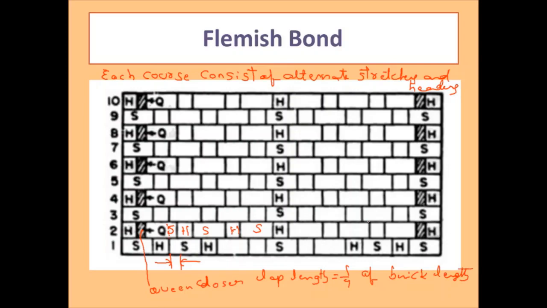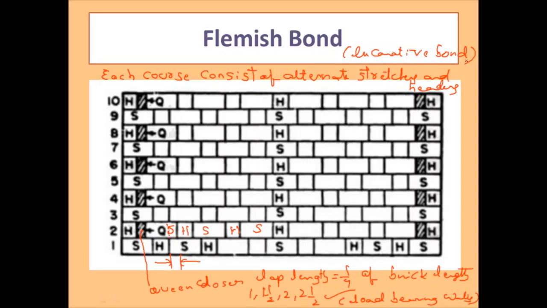Okay, then whatever the thickness of the wall is, here also you can construct one brick wall, 1.5 brick wall, two brick wall, 2.5 brick wall, everything. But if you compare the English bond and Flemish bond, English bond is most suitable for the construction of load bearing walls, but this bond can also be used for load bearing walls. Now among all the types of bonds we have, Flemish bond is known to be the most lucrative bond. That means among all the four conventional bonds, it looks the best.